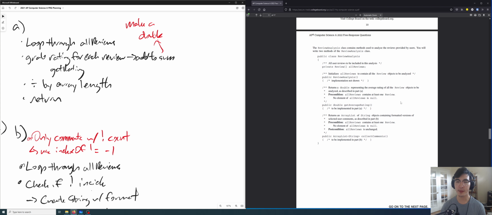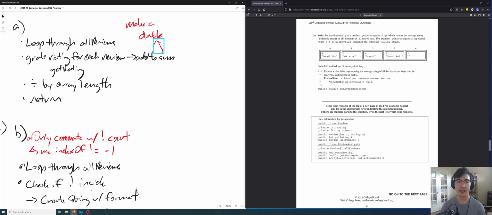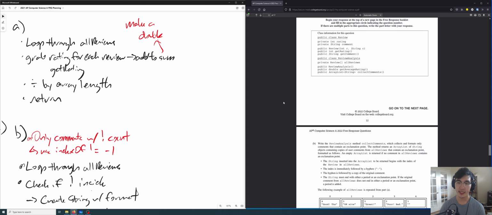So I make a mental note that when I create the sum variable, I want to make that a double, so that when I do double divided by an int, the kid is a double. So I will do sum divided by the array length, which gives me a double, and I return that value. Okay, let's go on.